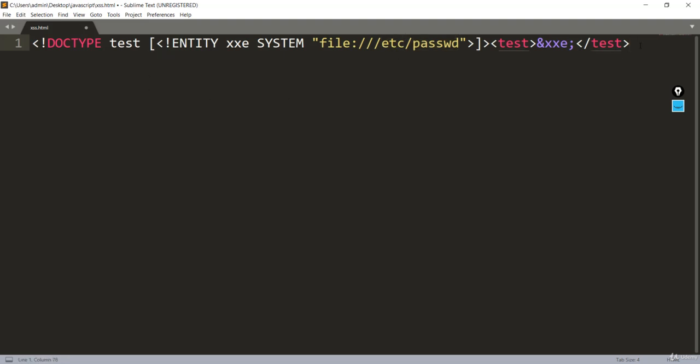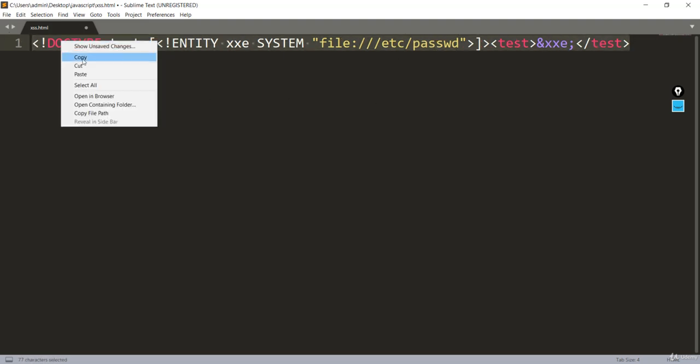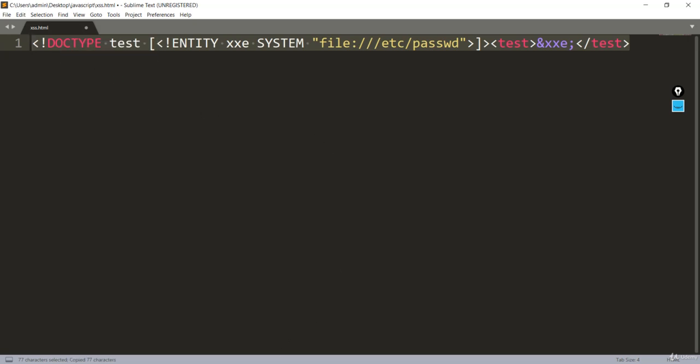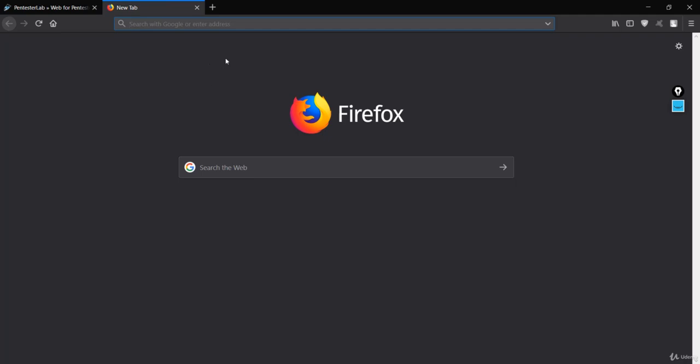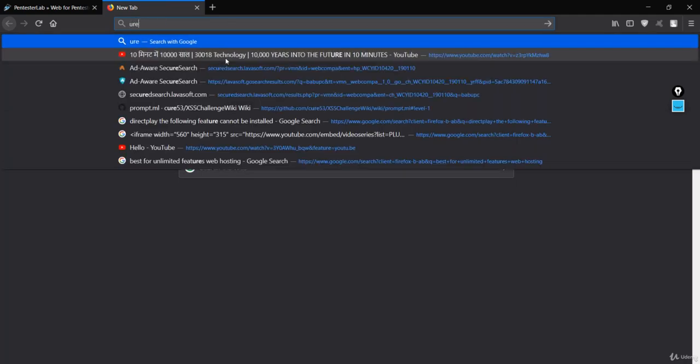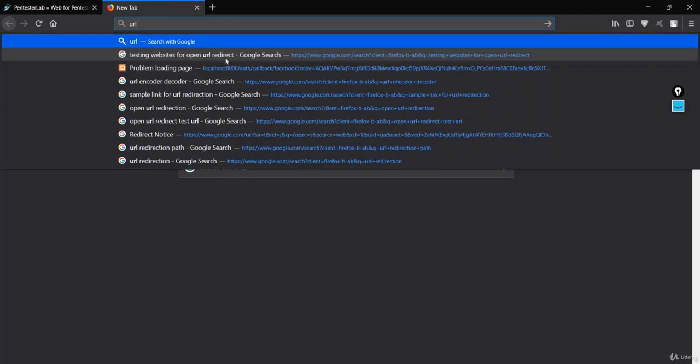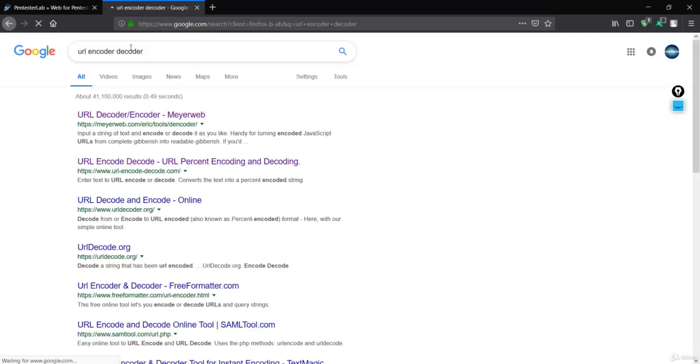So let me copy this. This is our payload. I'll go to the browser. Now we have to first encode this. In order to encode it, I'll use something like an encoder decoder. Let me search for URL encoder decoder.